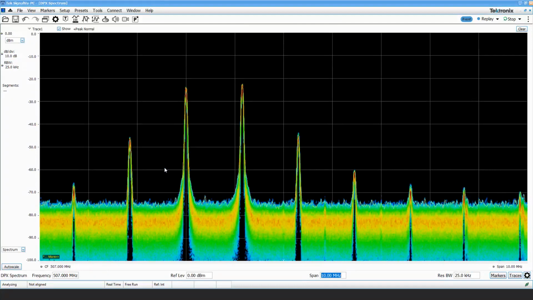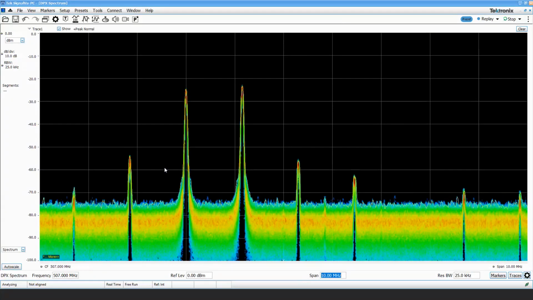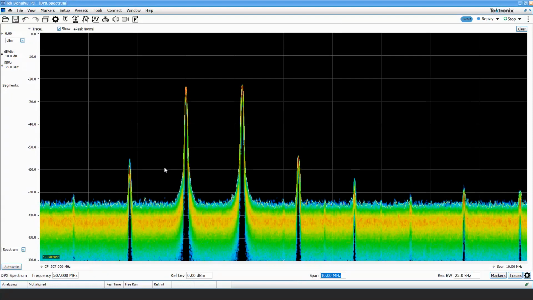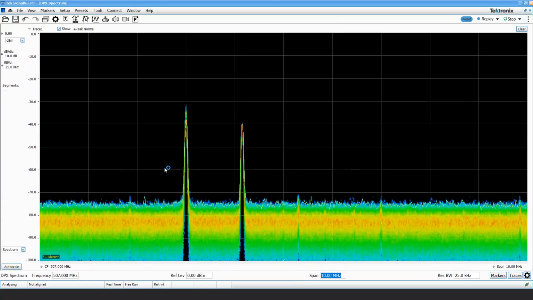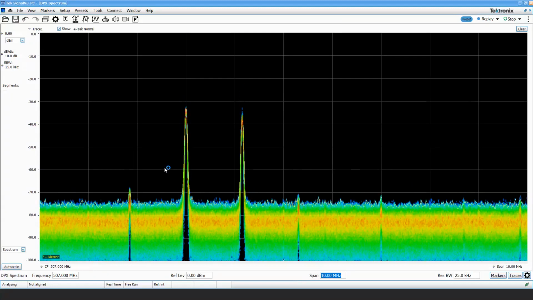This is caused by running these at the highest power. And in classroom scenarios, that's not necessarily the best thing to do. These are at 50 milliwatts. If I go into these and I set them lower, here we go. I'm going to set them down to the lowest power.